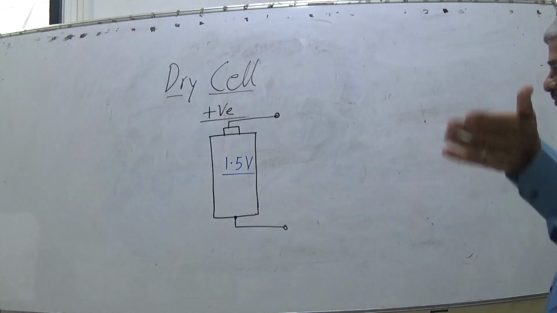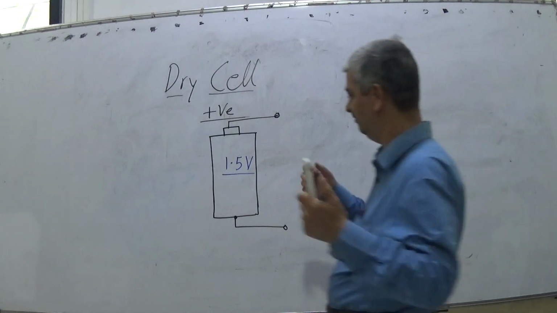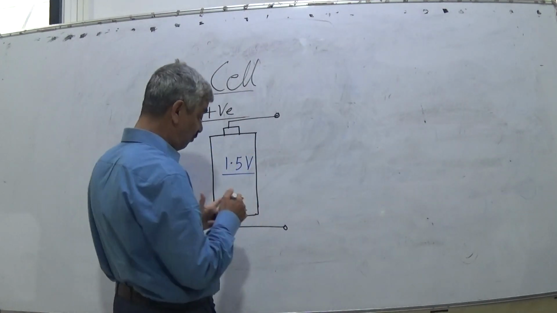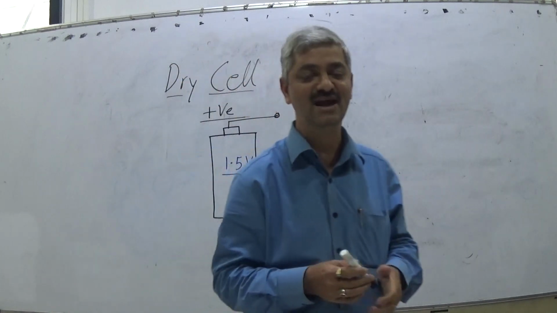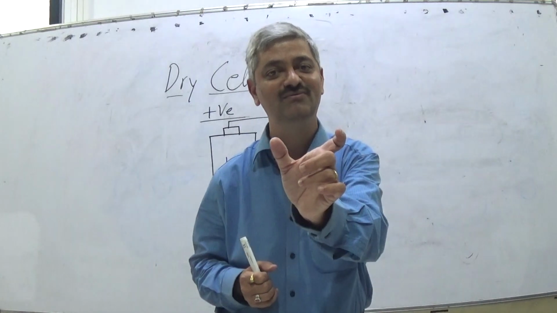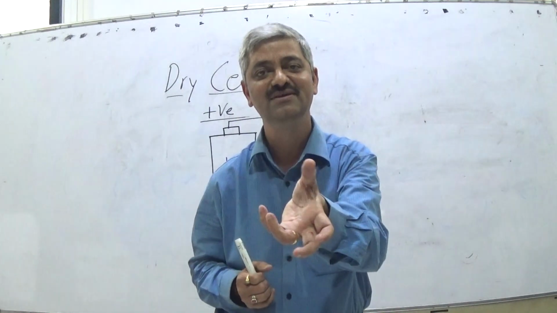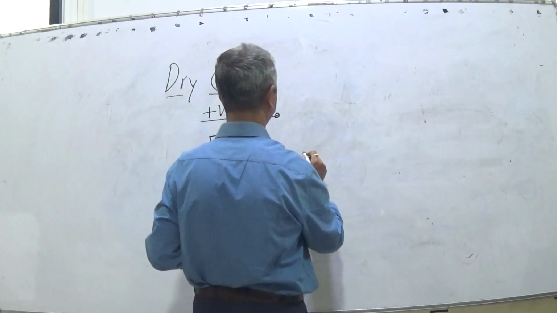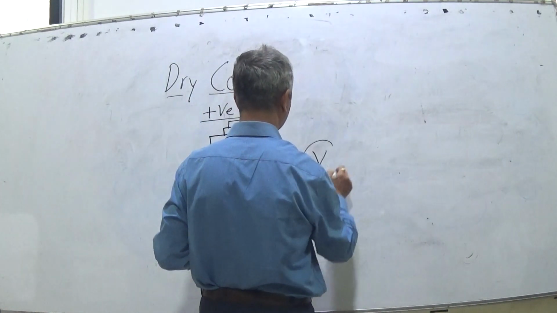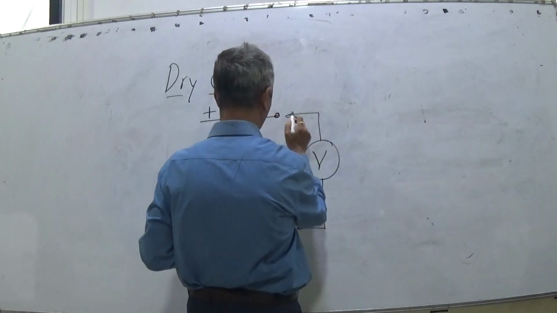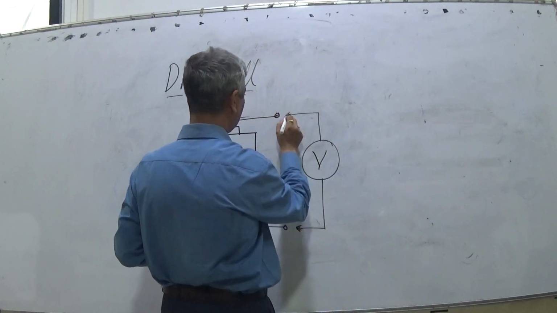So few colleges were having DVMs, few others were not. So, oh, you don't use DVM. But now the digital voltmeter is cheaper, and the analog meter, which you might not have even seen now, is costlier. Okay, so you are given a voltmeter. This is the symbol of a voltmeter. And now I ask this question.